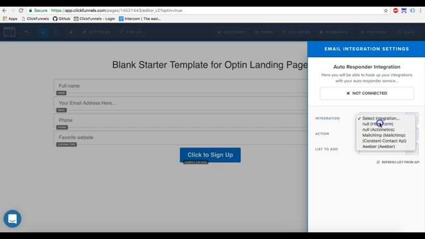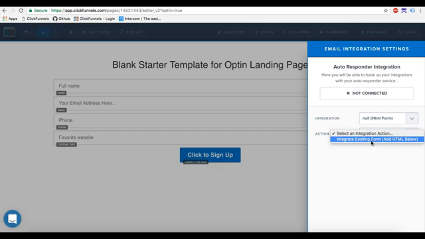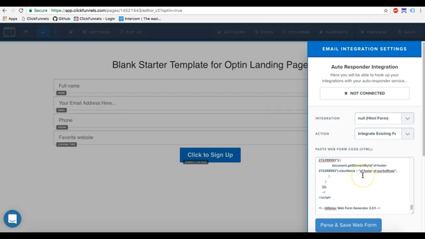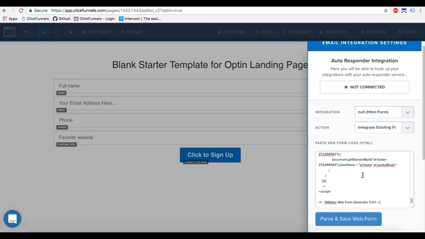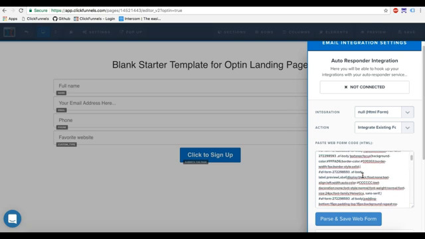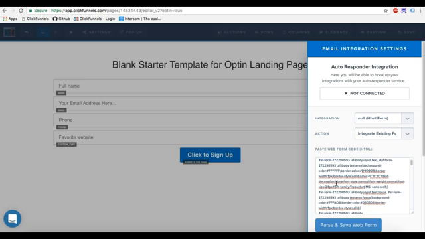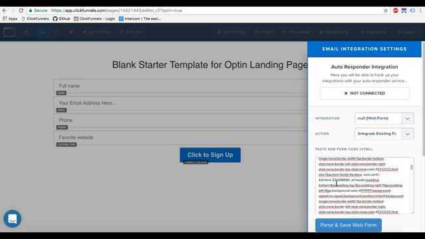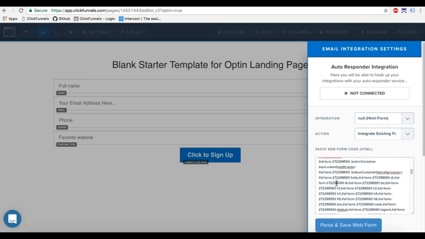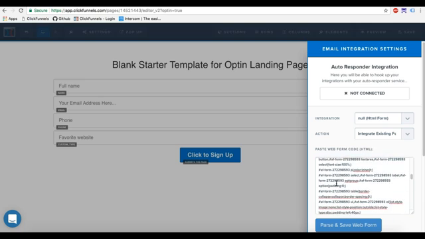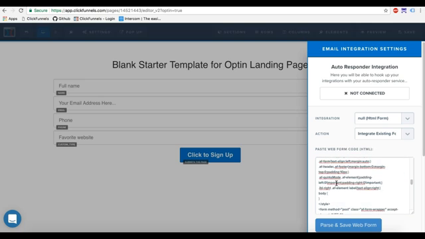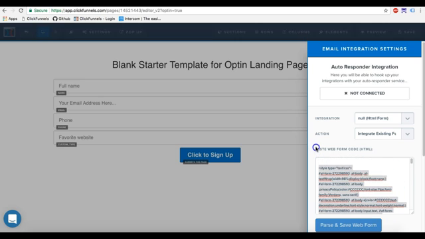So you select HTML integration here. In action, you select integrate existing form and paste the web form code here. But you will see that it has some extra fields. We will have to edit this web form code a little bit. First of all, you delete this, and also you can delete the style because it does not matter. So you can remove the style